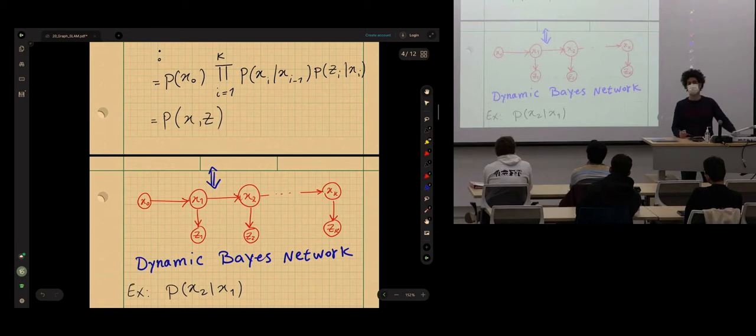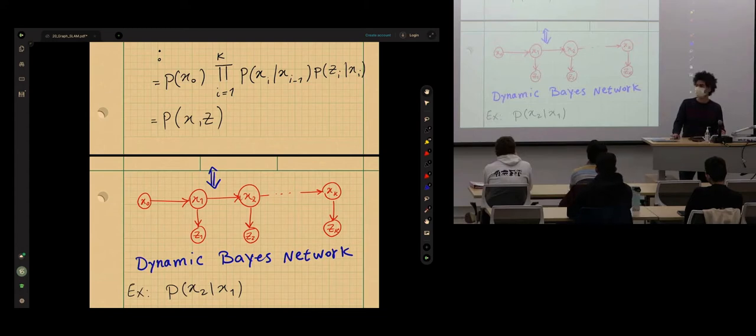Now, you need to be careful. The conditional independence, this was background probability we covered, does not imply independence. The fact that x2 given x1 is independent of z1 does not mean that x2 is independent of z1. Of course, we use x1 to estimate z1 to estimate x1, and that will affect x2. So the conditional independence is encoded in this graph. That does not imply independence, okay? The conditional independence is enough to factorize the joint distribution into smaller terms that we can then model.